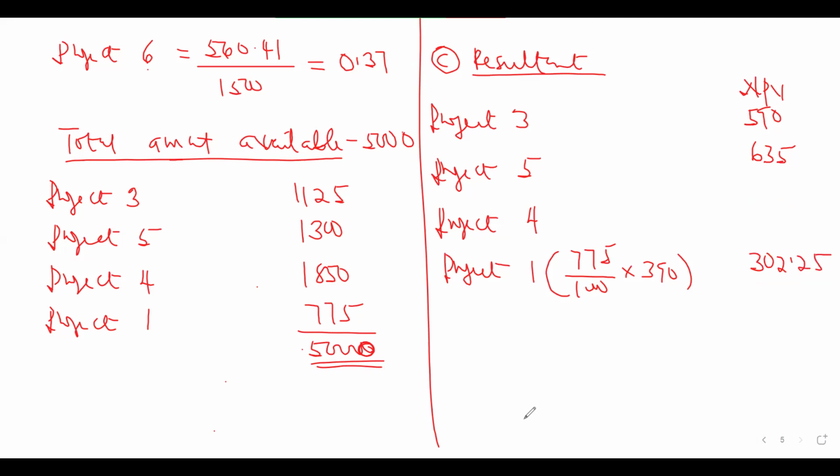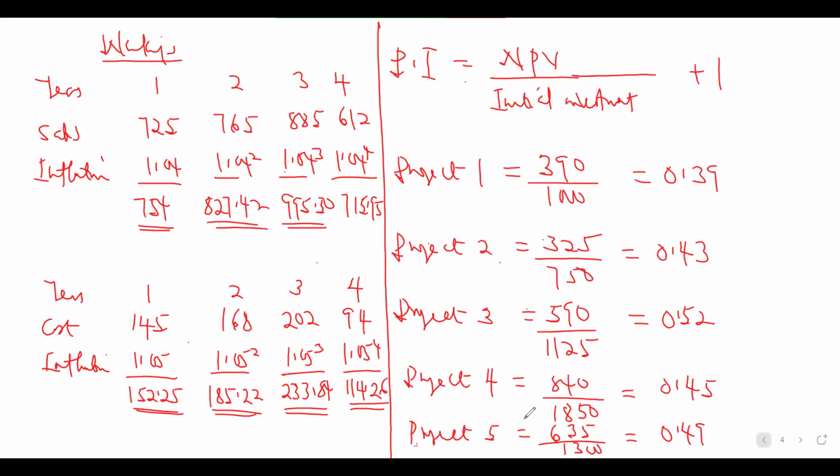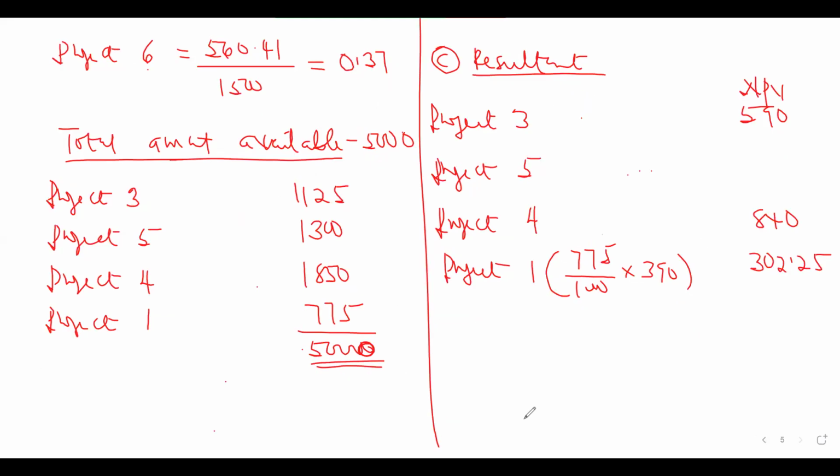Yes, Senior Mike, you are saying something. I don't understand why we gave it to project 1. The total amount available is rationed capital. They say project 2 and 4 are mutually exclusive. They cannot be undertaken at the same time. So project 2 and 4 are mutually exclusive. It means that you cannot undertake the two at the same time.